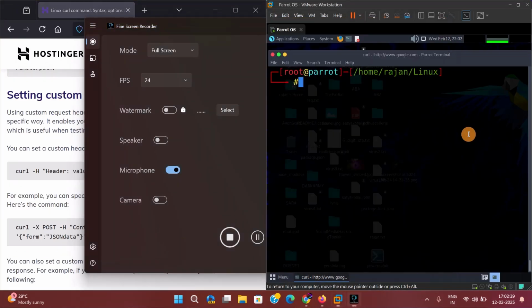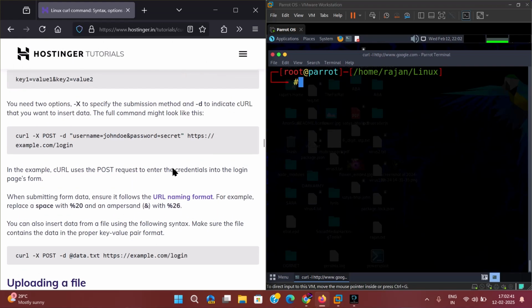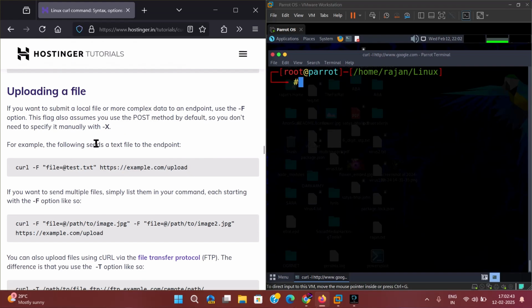But for this video, I'm not going into much more detail on these things. You can try these options over here. This is your task, basically. If you find any trouble, just comment down below. I will solve it. So let's jump to our next command line